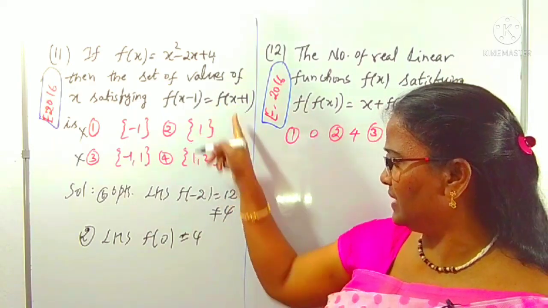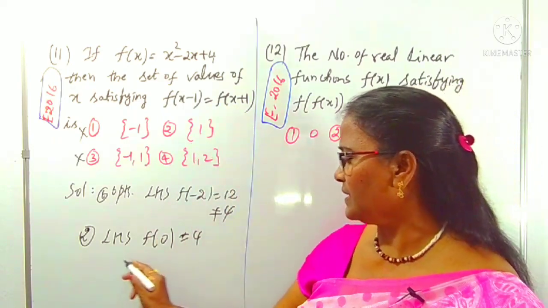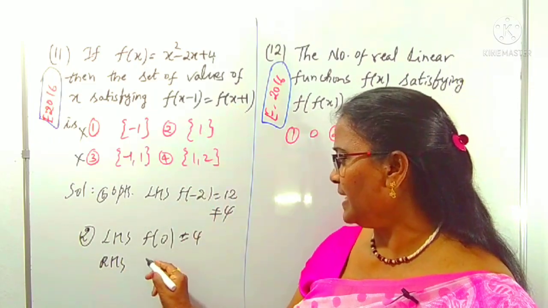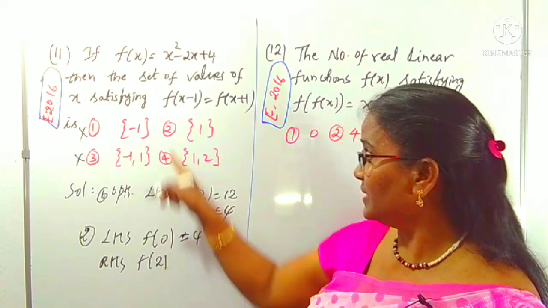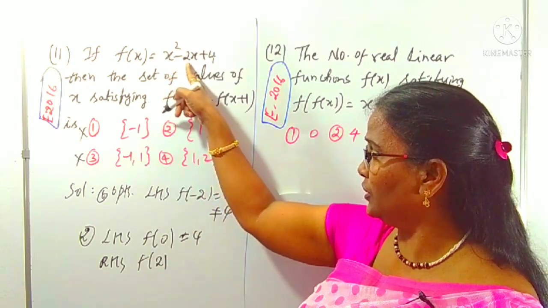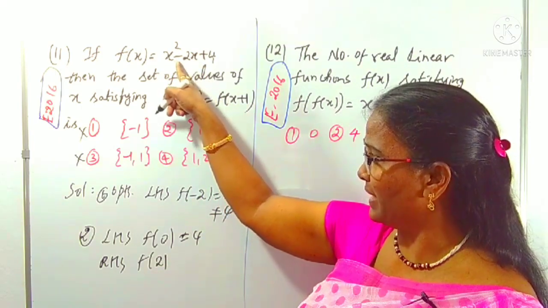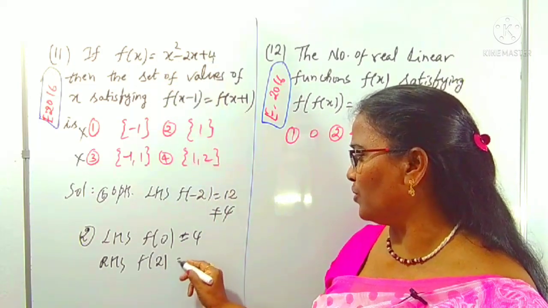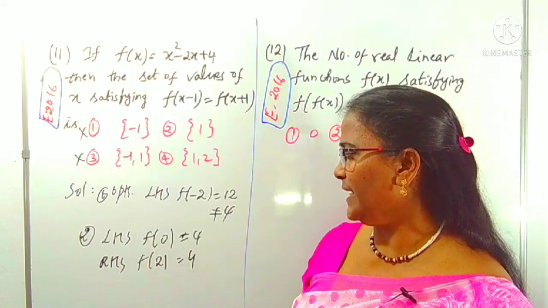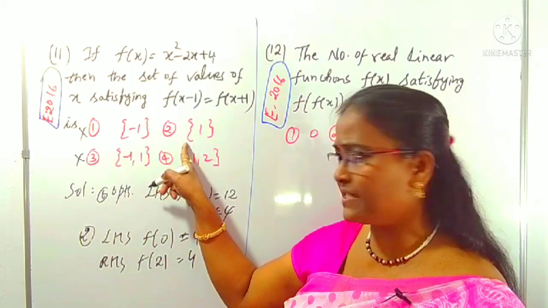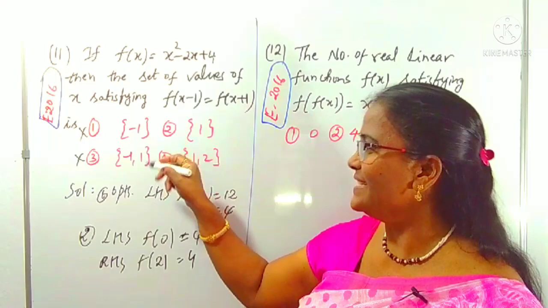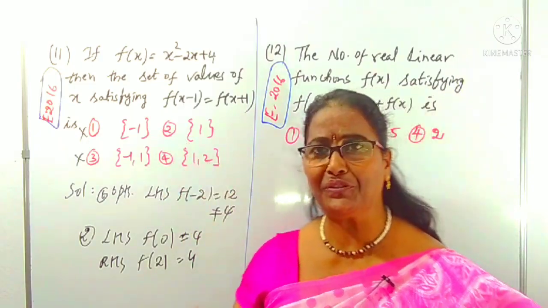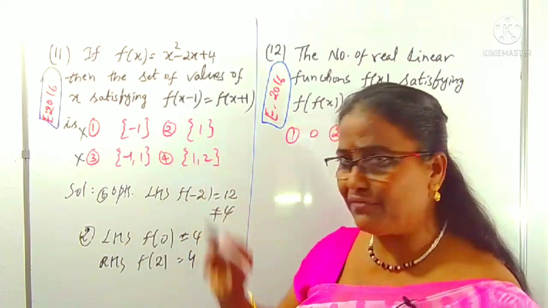And on the right side, x equals 1 means f of 2. This is LHS; RHS we can consider. F of 2 value we can check. 2 squared is 4, 2 into 2 is 4 with the minus sign, 4 minus 4 is 0, 0 plus 4 is 4 only. You know LHS equals RHS for the second option. So maybe the second option, because 1 is there in the second option as well as the fourth option. Maybe second option or fourth option.